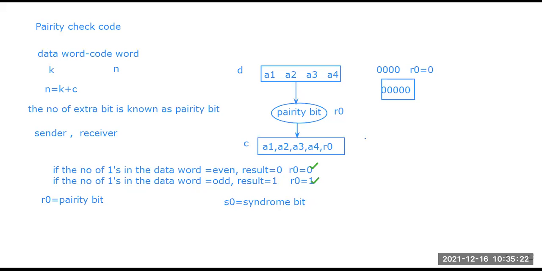We calculate the syndrome values, and the value will be analyzed to check whether it is 0, in which case there is no error in the received code word, and if there is some 1, then there is some error in the received code word, and that needs to be found out, that needs to be checked, right? So this is the process we have discussed today for error checking.